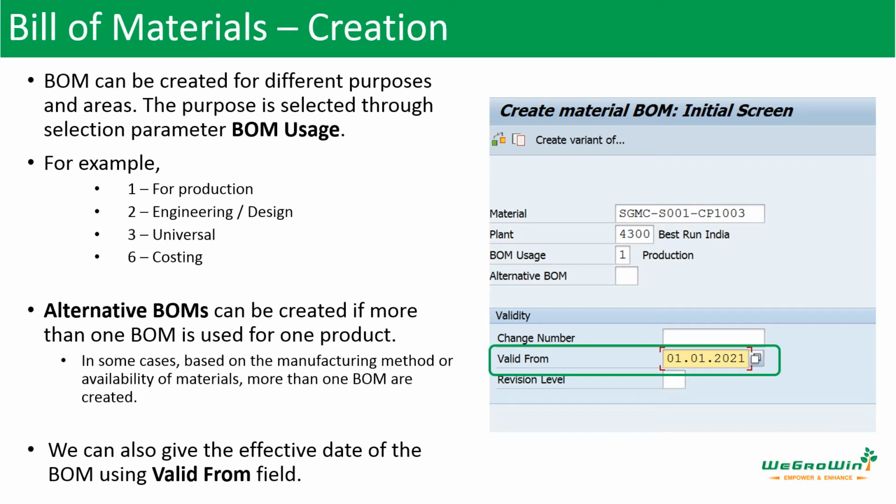And also we can enter the valid date of this bill of material, from which date it is valid. If we keep this field empty, the system will take the BOM creation date as the valid date. Some bills of material may be applicable from next month or after 2 months, but you want to create and keep them. Or some bills of material may already be used in the system, and we want to apply these to past dates also. So that is the date you have to enter here. If we keep it empty, the system will take the BOM creation date, the current date, as the valid from date.